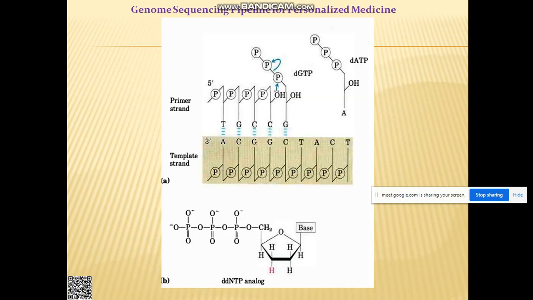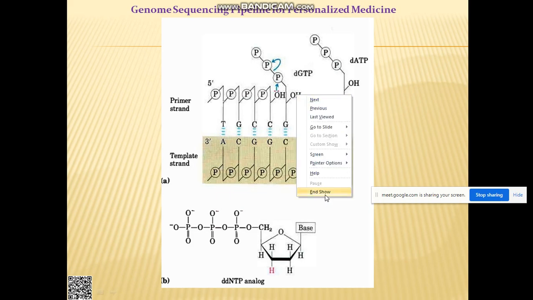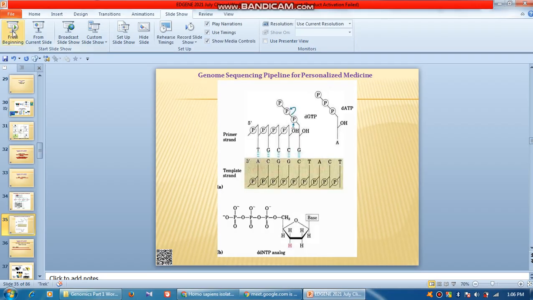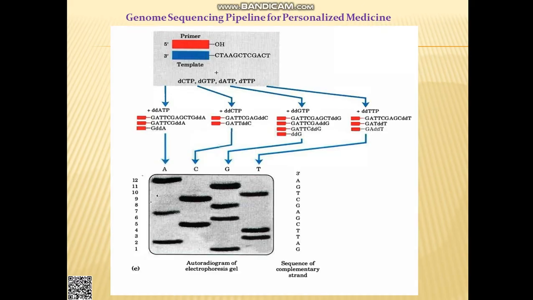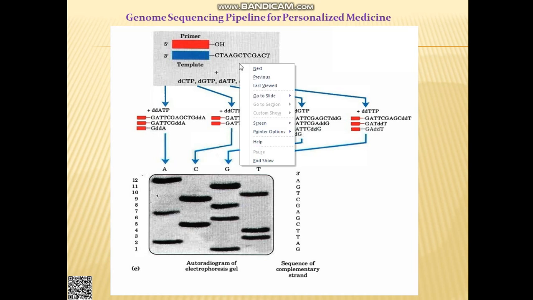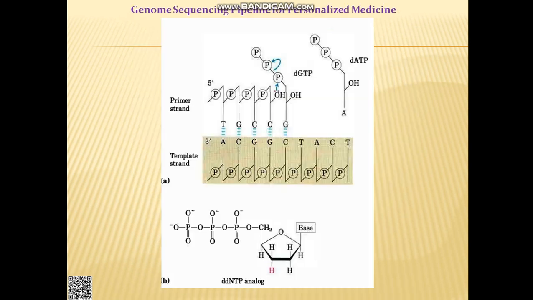Okay. So here you see. So here what is happening? This is your template strand. Okay. And this is your primer. See, this is the hydroxyl group. Can you remember? The hydroxyl group was there in the previous. Okay. So this is the hydroxyl group. Can you see? After the primer, there is a hydroxyl group. From where this hydroxyl group came? Hydroxyl group came from this primer only. See here you see. This is the hydroxyl group.